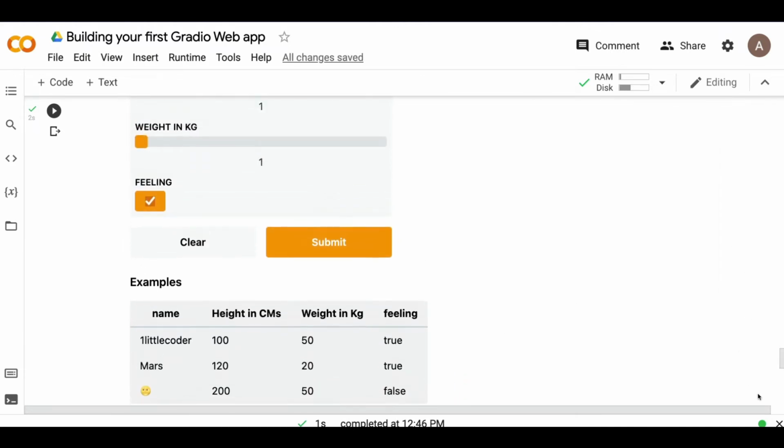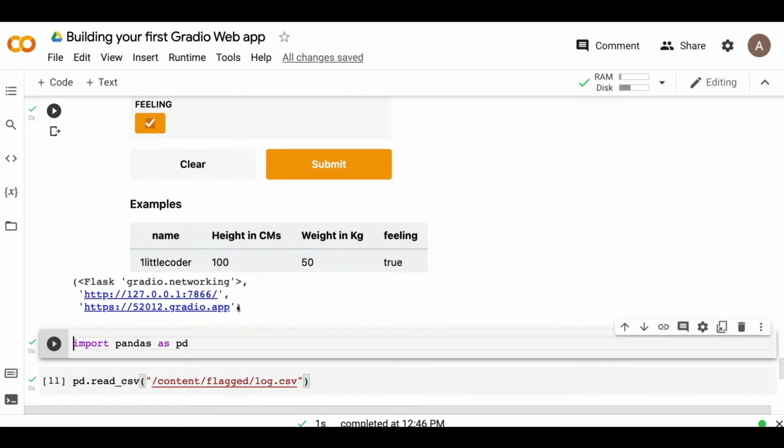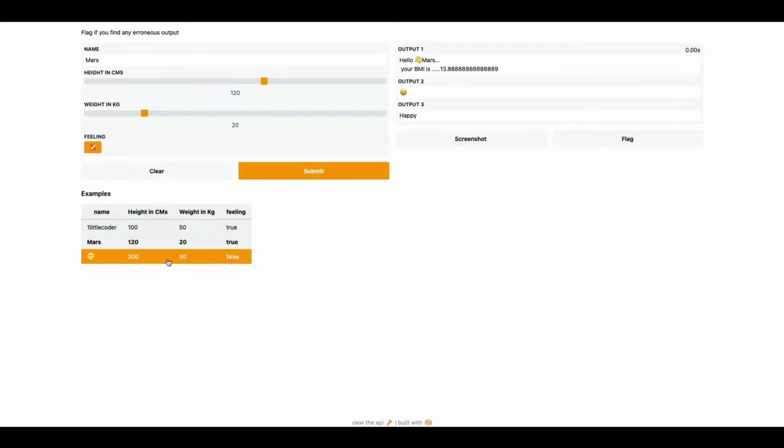So when you have a Gradio application that looks like this, let me even open this Gradio application separately so that it's easier for us to see. When we have this Gradio application, it might be difficult at first for somebody to know what to fill. So what they can do is use the examples. All they have to do is click an example and then submit, and they'll get the output. So it becomes very easy for anybody to click something and get an output rather than typing something themselves. This is very important for a very intuitive user experience, and thanks to Gradio for offering this, because this is what a lot of good web applications do to give an intuitive user interface.